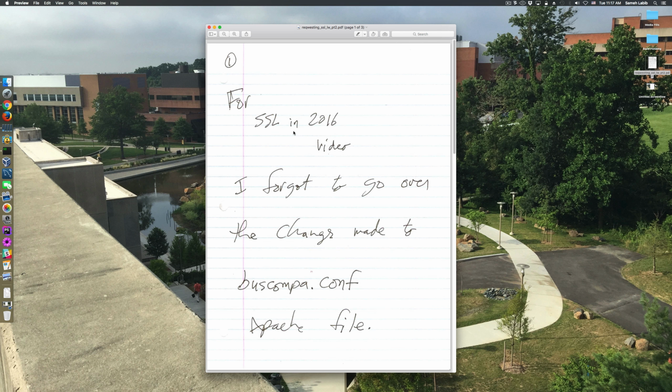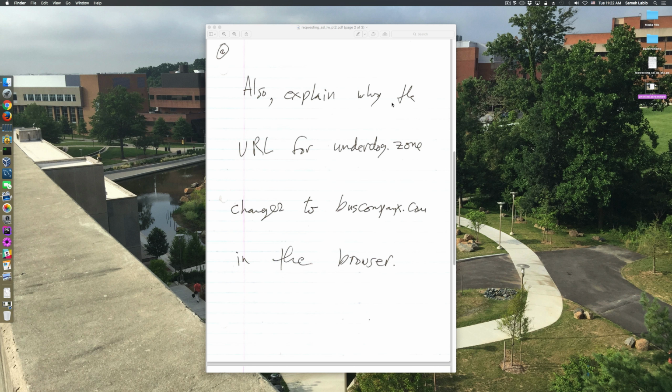For the SSL in 2016 video, which I made yesterday, I forgot to go over the changes made to buscompa.conf, which is the Apache configuration file for my main app. I also neglected to explain why the URL for underdog.zone changes to